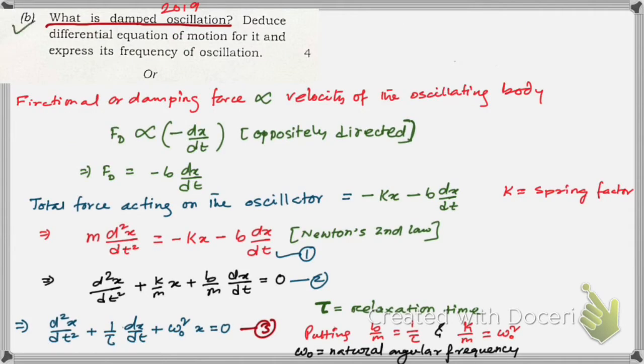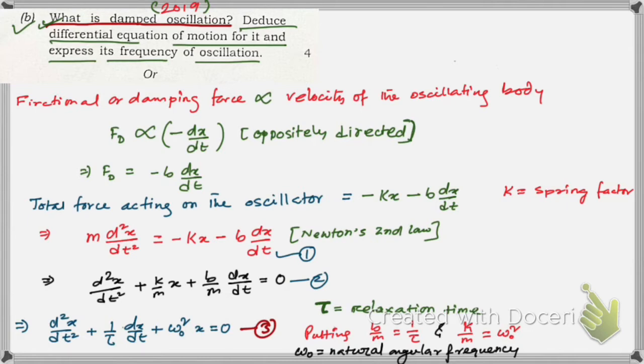So now question number 4b, what is damped oscillation? That definition we have already written in the 2019 paper, so that's why I have not written it here again. So now the next part of the question, deduce the differential equation of motion for it and express the frequency of oscillation. Now you see we are going to deduce the differential equation, and we're going to find the solution of